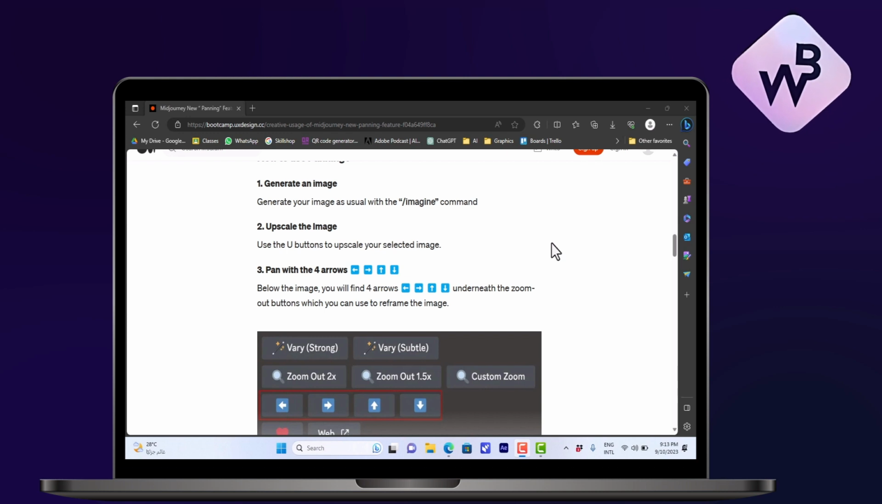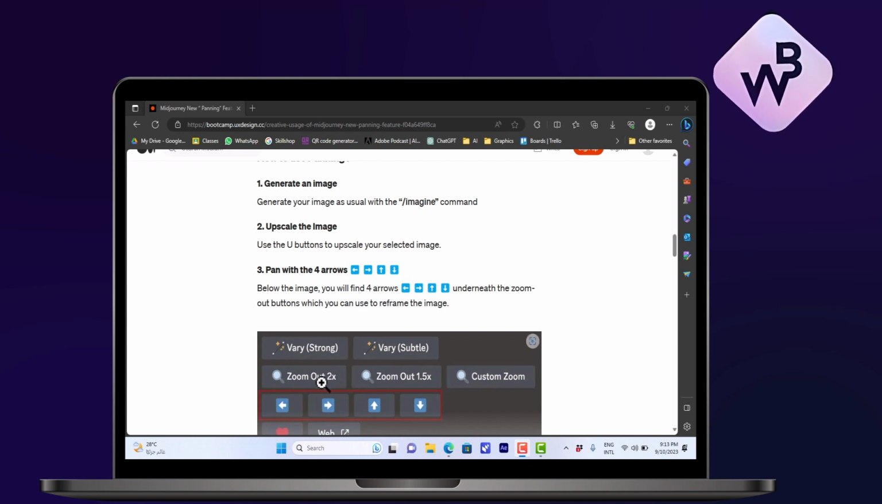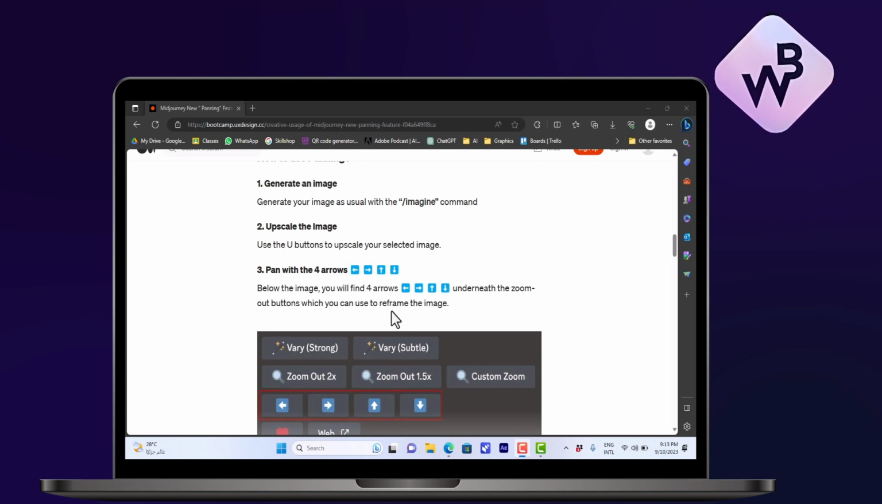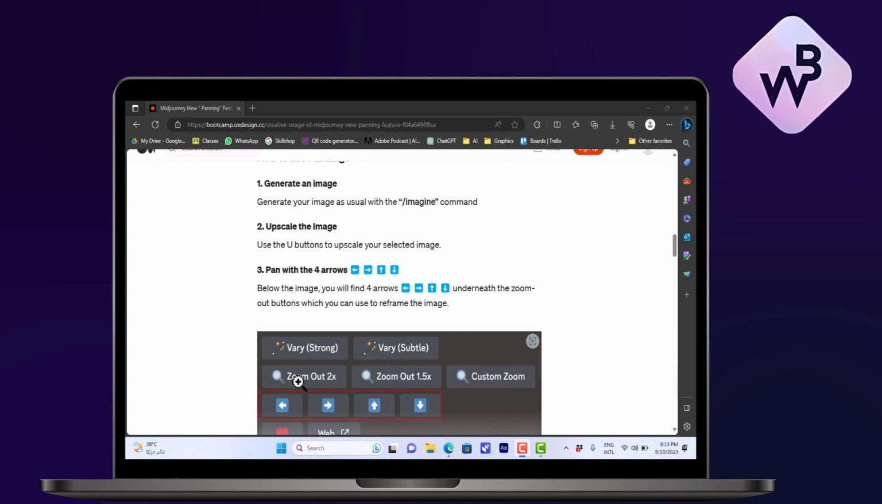And if you want to upscale the image, you need to press the U button to enter the upscale settings, and you'll have 4 arrows under the zoom out. So zooming out means that you can fill in more of the image, so you can pan in the 4 directions. However, if you want to make it a panoramic image, like a landscape, you need to expand